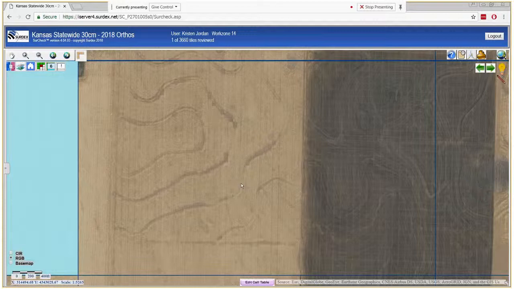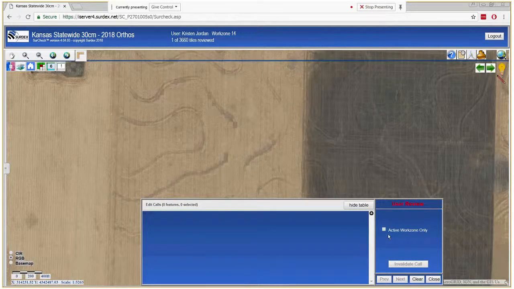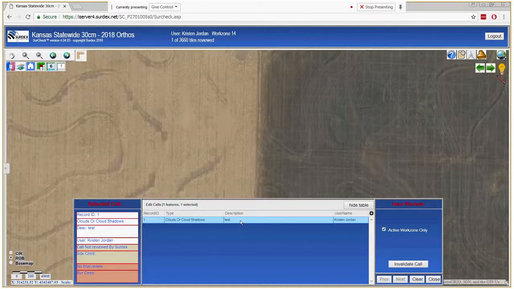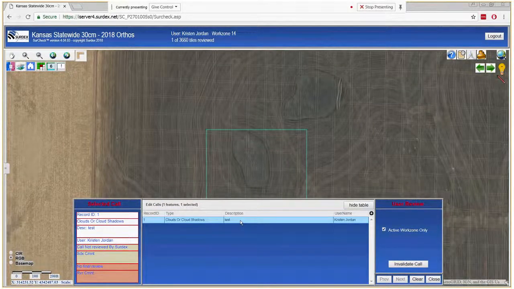Yay, it is not gone forever. How to turn it back on? We are going to go down to the edit call table and check the box for active work zone only. Not sure why it's set up this way, that's just how it works. So after you check that box, you'll be able to see edits that you have for this one and in the future. So you can double click on this, it'll zoom to the edit,